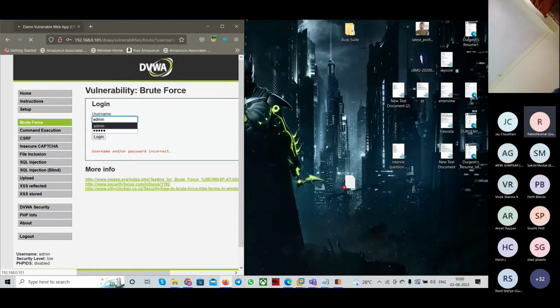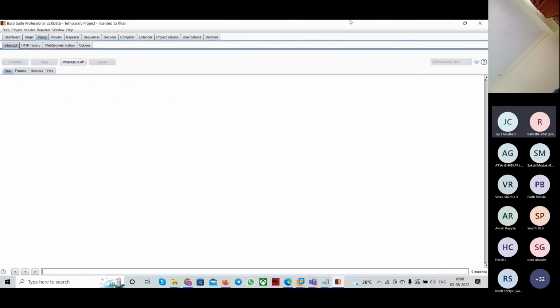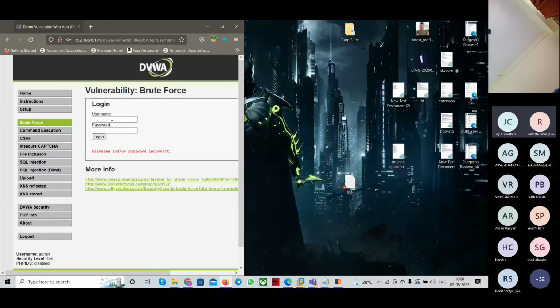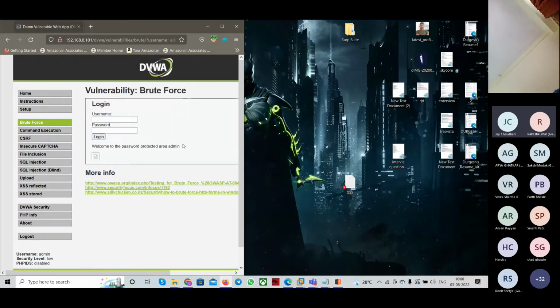तो एडमिन, एडमिन, सो एज यू कैन सी, ओके, मुझे प्रॉक्सी पहले उसकी ऑफ करनी पड़ेगी। ओके, बिकॉज प्रॉक्सी ऑन है, वहां पे भी वो कैप्चर कर रहा है कंटिन्यूअसली। प्रॉक्सी ऑफ कर दे एक बार। अब यहाँ पे चलो एडमिन एडमिन ट्राई करते हैं, एडमिन एडमिन। ओके, सो विल सी दिस दैट वेलकम टू पासवर्ड प्रोटेक्टर एरिया डोमेन, मतलब कि लॉगिन हो चुका है।